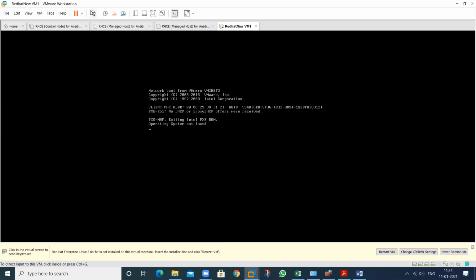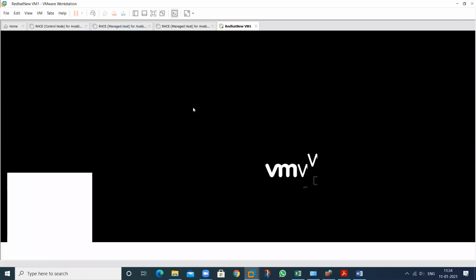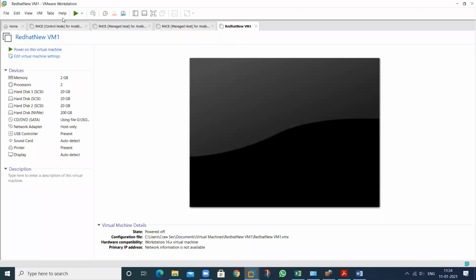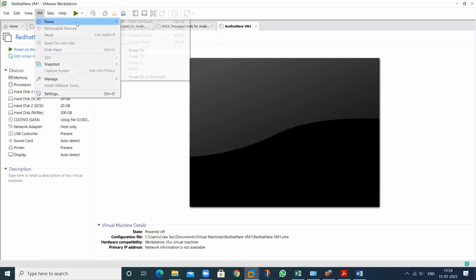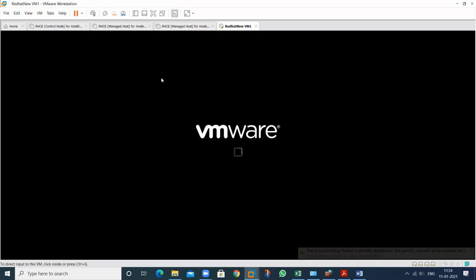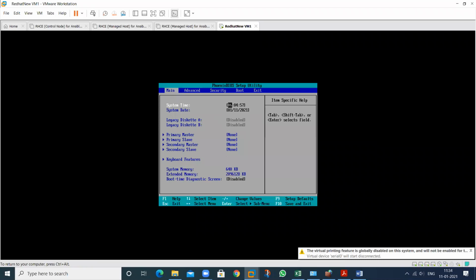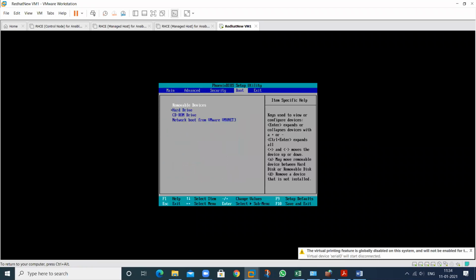So first shut down this one, again go to this one, then power, then go to firmware, it means your BIOS. So provide the booting functionality first.